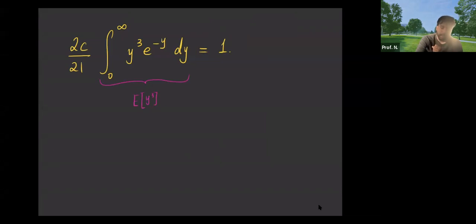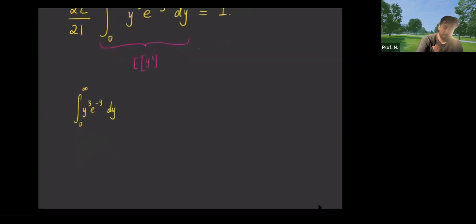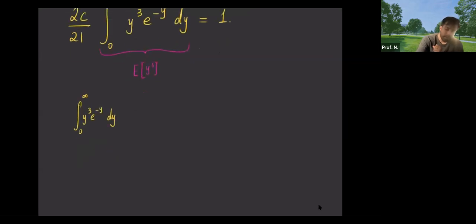Yeah, I thought there might be a cleaner way, but integration by parts it is. So then you make u equal y cubed, u prime is 3y squared, v prime is e to the negative y, and v is negative e to the negative y. This is going to occur quite a number of times iteratively.